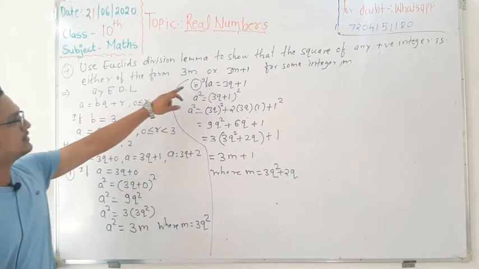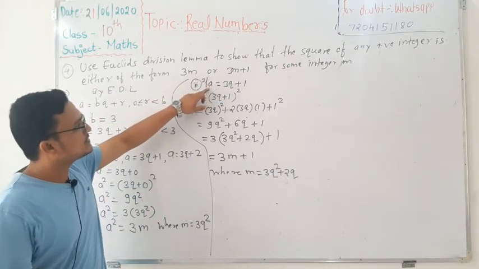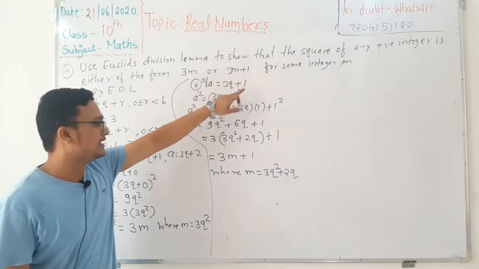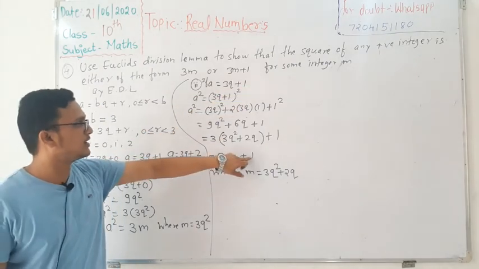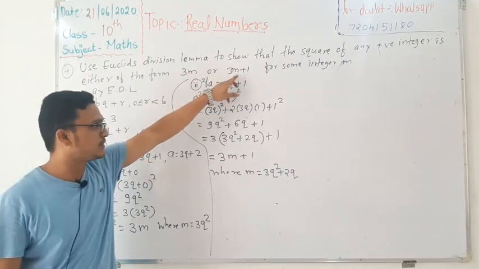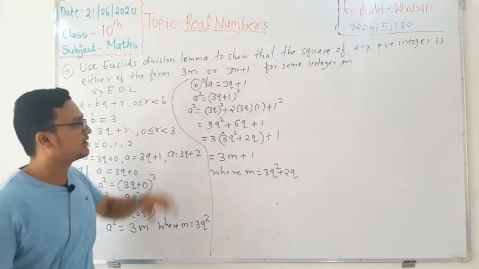So what we observed here, for the second positive integer, that is a is equal to 3q plus 1, it is in the form of 3m plus 1. So either 3m or 3m plus 1, so we got 3m plus 1. Okay, now the third